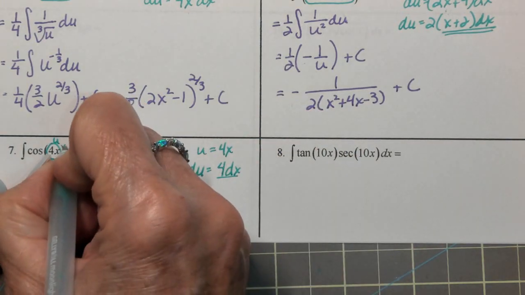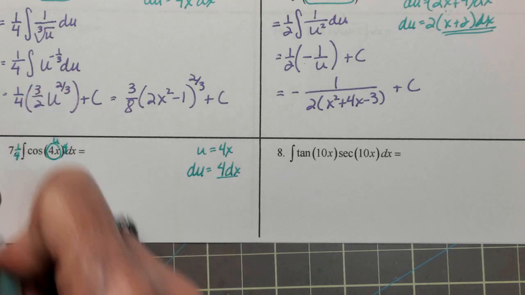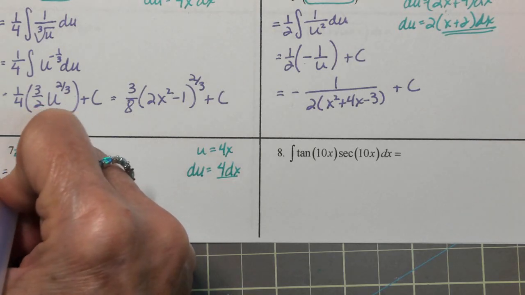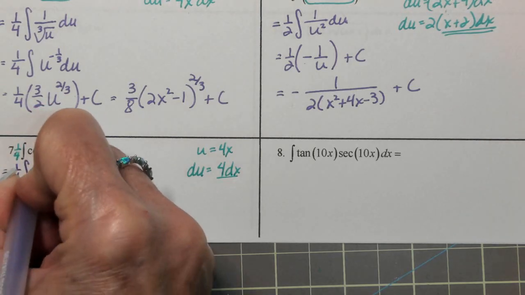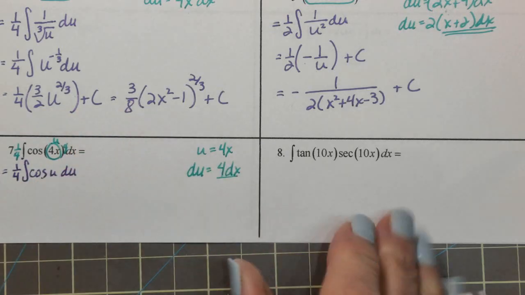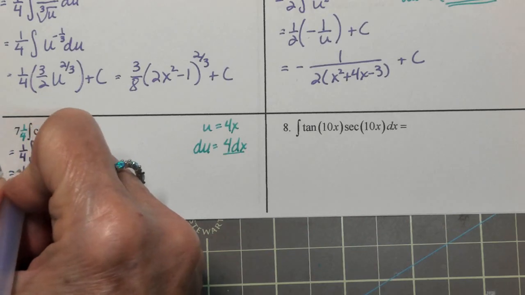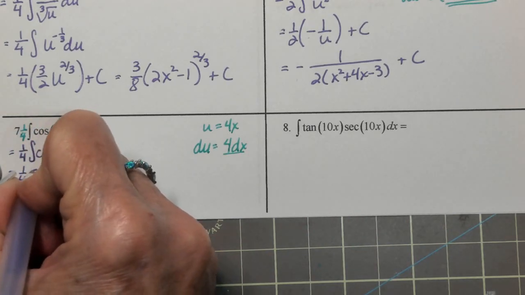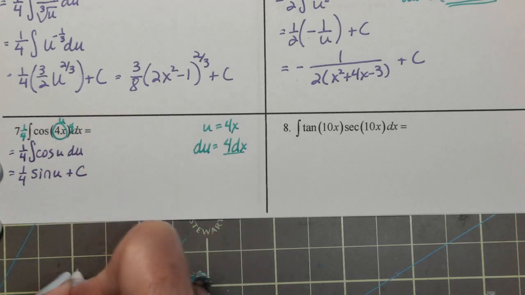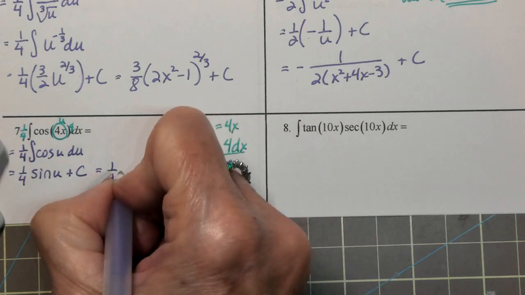So I'm going to multiply a 4 with my dx and multiply by 1/4 out in front. So this is the same as 1/4 integral cosine of u du. And we know what the integral of cosine of u du is. That would be positive sine of u plus c. And then going back to the x's,